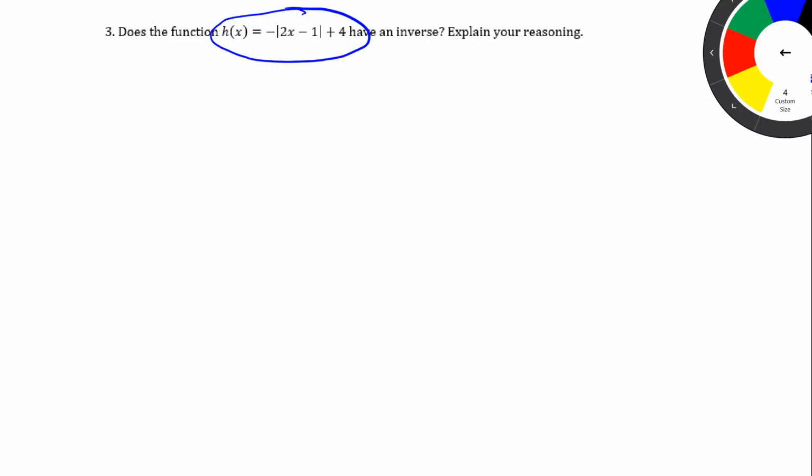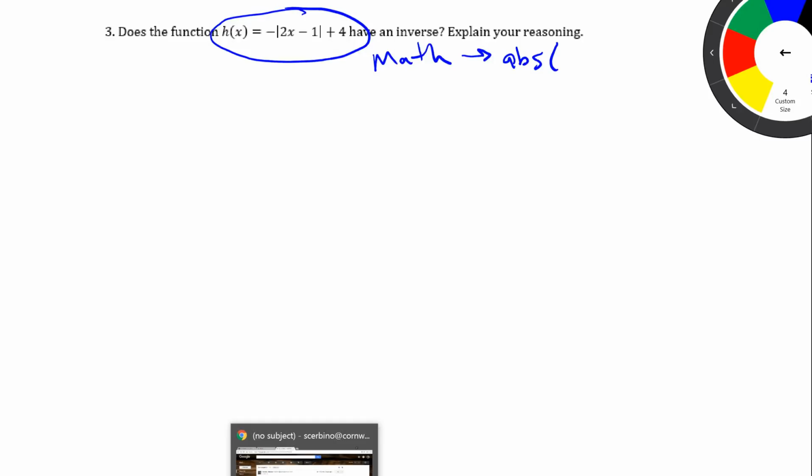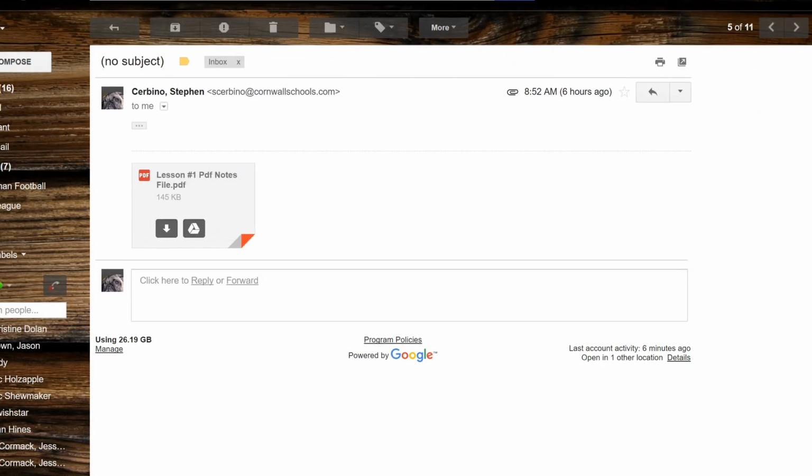Now, for those of you that don't remember how to graph an absolute value function in your graphing calculator, you have to remember the buttons to get to the absolute value brackets are math, and then you have to go over and then look for ABS with a parenthesis. Now, I'm going to graph what this looks like. I'm just going to use Desmos because that's what I can use here on my computer. All right. So if I go to Desmos here,